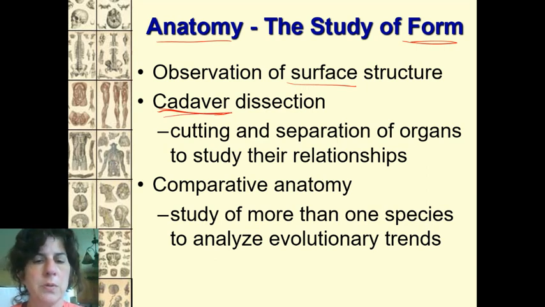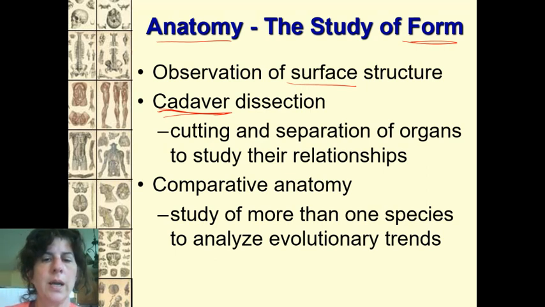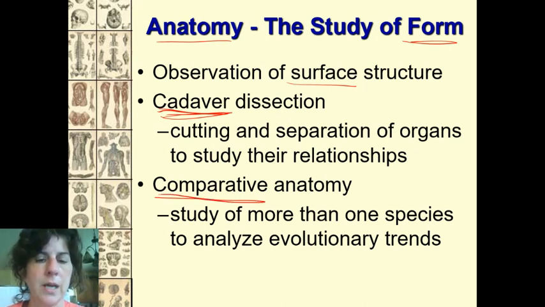Generally in undergraduate classes like this, we're not going to look at the entire human body. We'll look at models, okay? And we'll look at other organisms that have similar structure and build. So we tend to look at comparative anatomy more in this class, or on this level. So take one species that's close to us. What we generally do is take another mammal